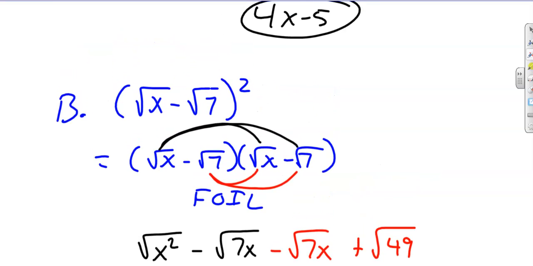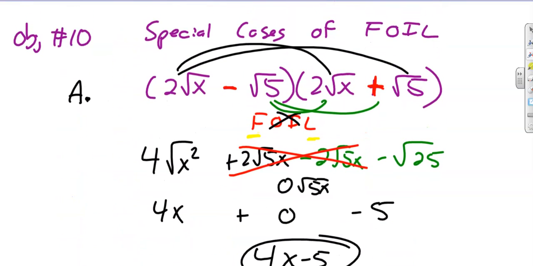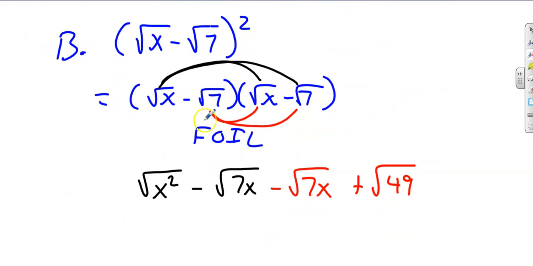And again, I guess this is the difference between the two. If they were different signs back here with the conjugates, these two terms always cancel each other out. The difference here is they're going to be the same signs, so you're actually going to get to add these two parts together. Now, the square root of x squared is x. And remember, this is a minus 1 and a minus 1 here. So if you subtract 1 and subtract 1 of the same things, you're going to get a minus 2 square root of 7x. And then the square root of 49 would be